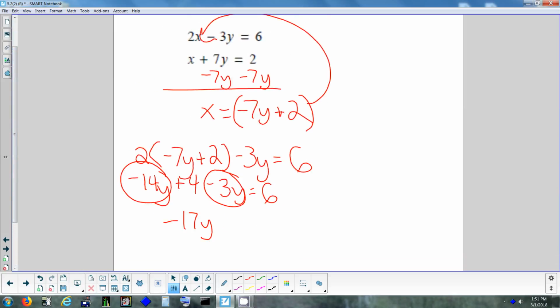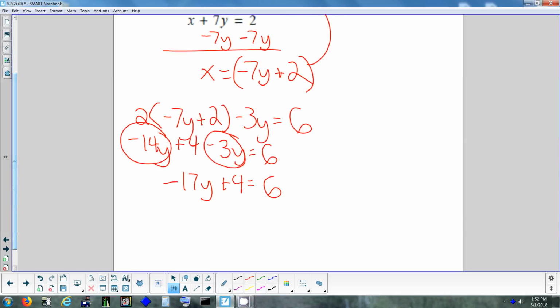Y plus 4 equals 6. Right? And then you gotta get the y by yourself, so you subtract 4. Okay, so 14, 15. Everybody's okay? I'm just trying to go fast. All I want to do is minus 4y, minus 4, minus 4, negative 17y